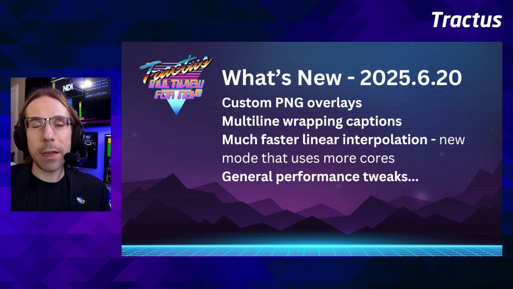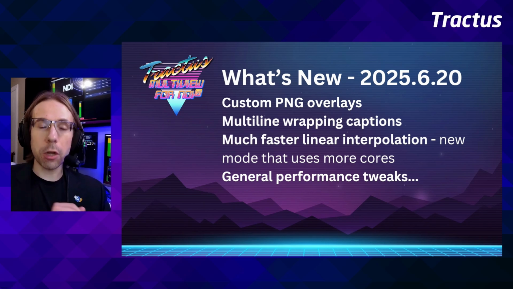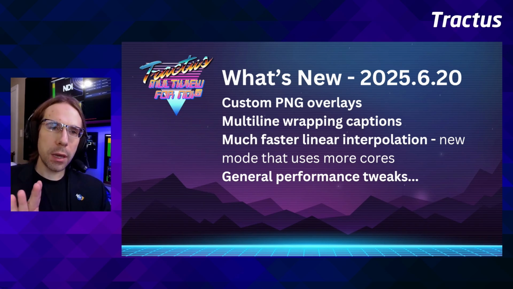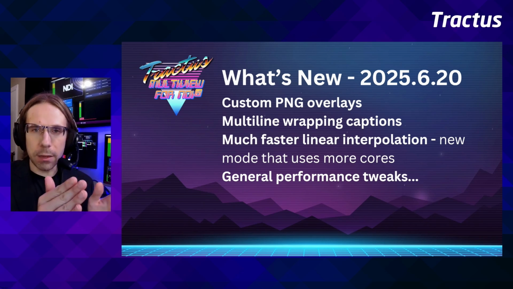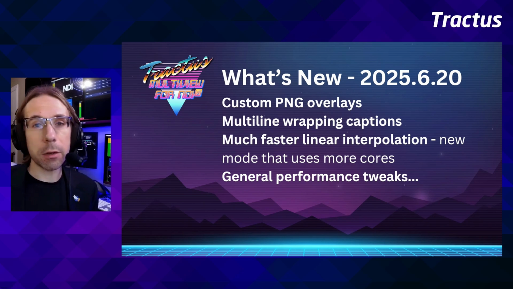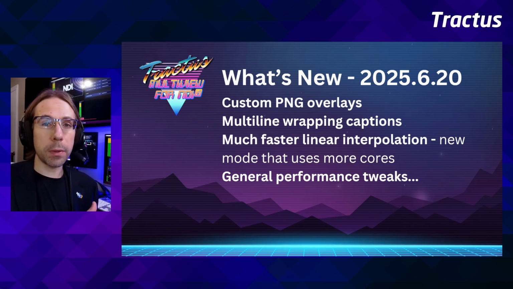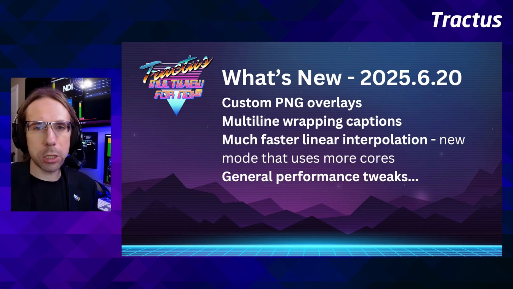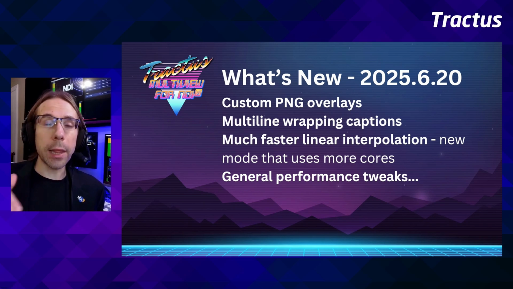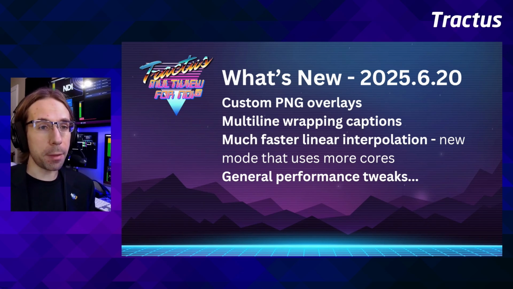We also have a new linear interpolation mode, a scaling mode. By default, for Multiview performance, we do what's called nearest neighbor. In that mode, if you're scaling something up, like a proxy feed to a much larger box, it will look blocky. And the same if you're scaling something down, it may look quite blocky. That's just inherent to nearest neighbor mode. So we now have a linear interpolation mode. That should be in our documentation. If not, I'll make sure that gets called out. It does trade off using more cores to do the linear interpolation, but it's much faster than the old linear interpolation was. So I'm very happy about that.